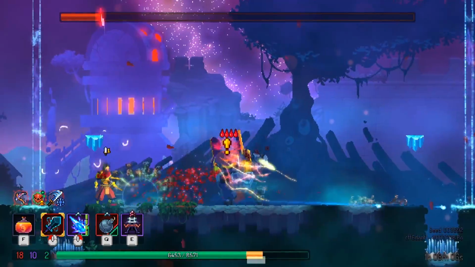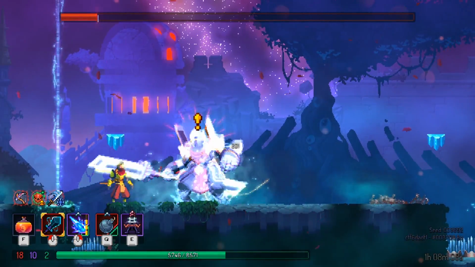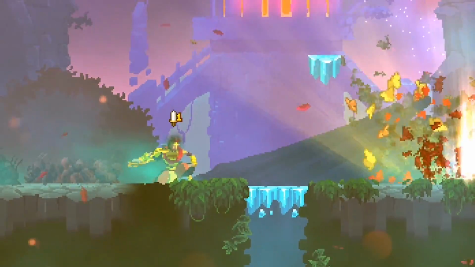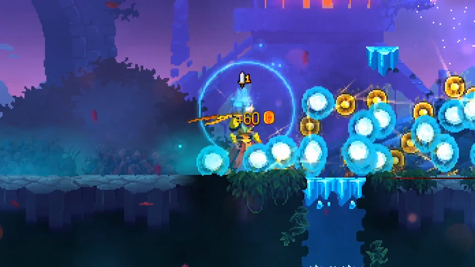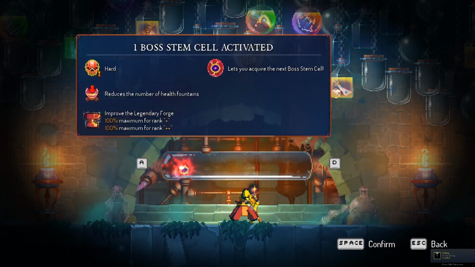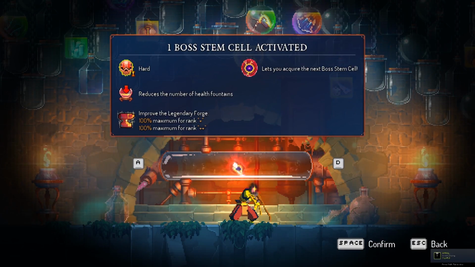There it is, healing, and freeze. Freeze them. There we are. 1, 2, dead. Well, once again, that proves damage does overcome skill. Thank you for coming to my TED Talk. I'm disappointed in myself. Now, if we turn on boss cell 1, which is the hardest we can do, reduces